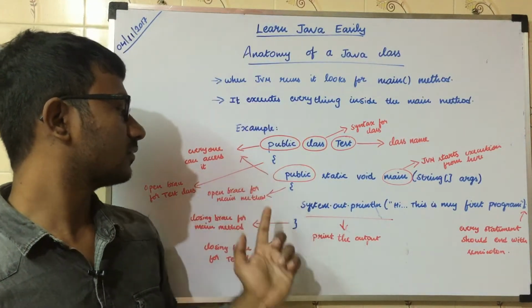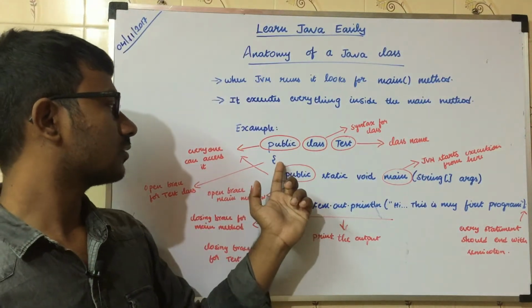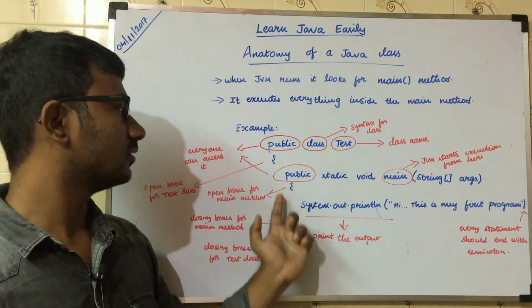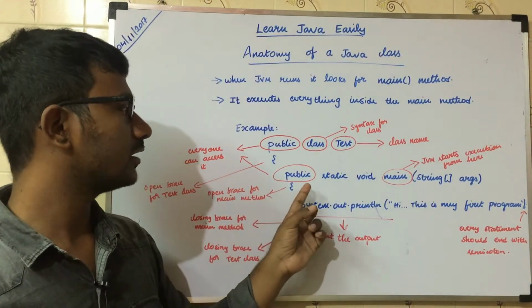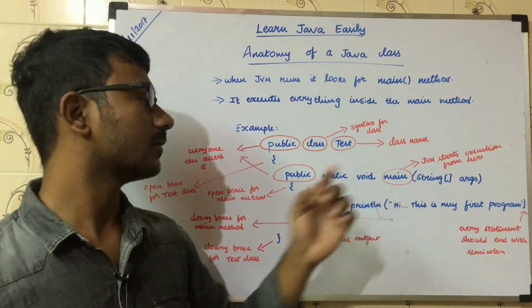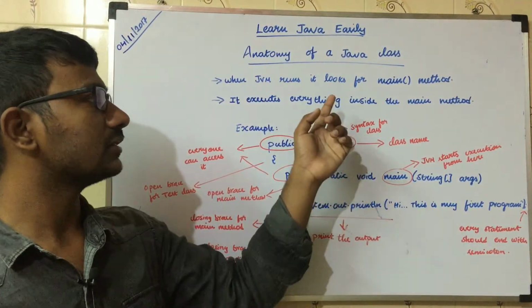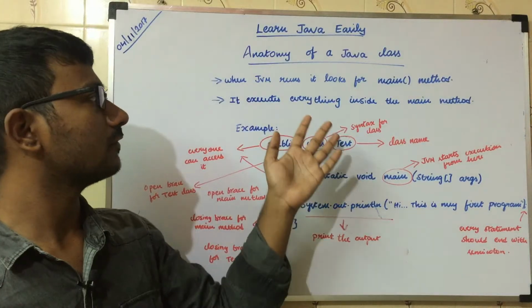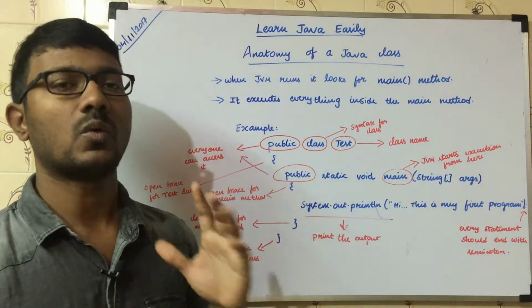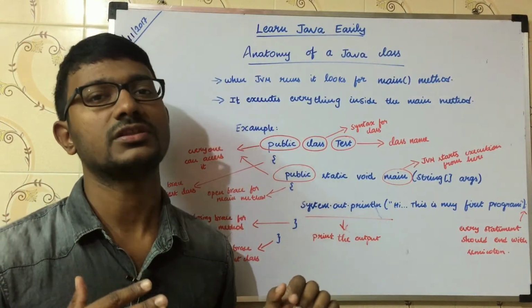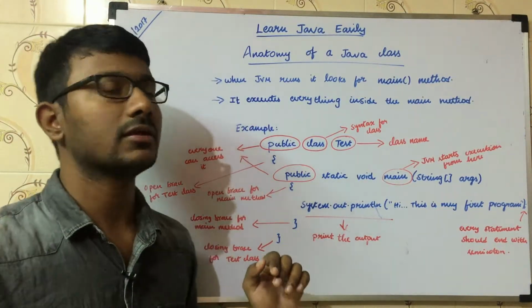And then this is the open brace and this is the close brace. The content that is present inside this open and close brace belongs to this class test. And then public static void main. I have already talked about the main method usage in the previous part of this video. I will also recall now. This public is a modifier. We will talk about that modifier in detail in the upcoming videos.